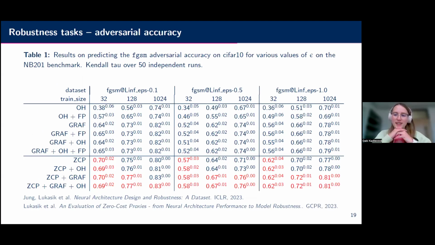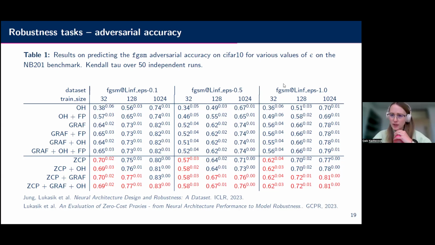Then we had robustness tasks. So here we look at the table instead of box plots to get as many different settings in one slide. So this is an FGSM attack with various degrees of intensity of the attack. Please, Rita, correct me if I omit something.